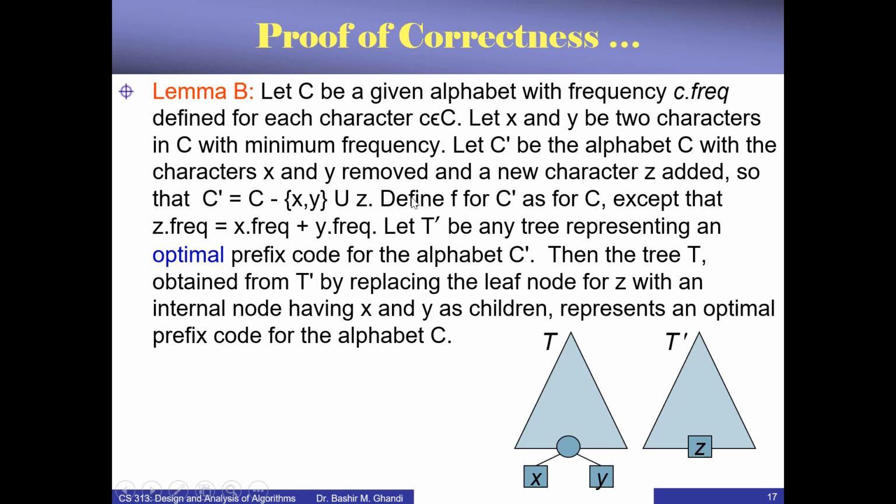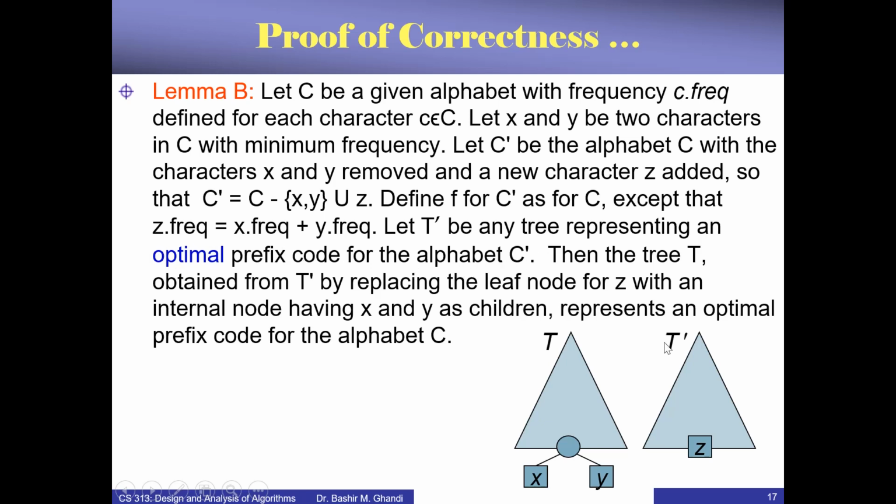of X and Y. Okay, so it says here define F for C prime as in C, meaning the frequencies of the characters in C prime are the same as those in C, except that the frequency of our newly added character Z is going to be the sum of the frequencies of the two characters that we removed, X and Y. Now let T prime be any tree representing an optimal prefix code for the